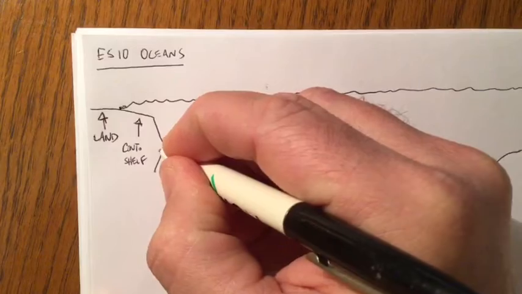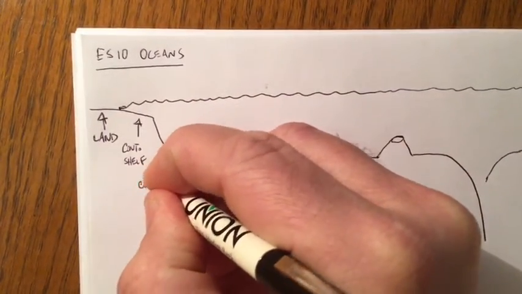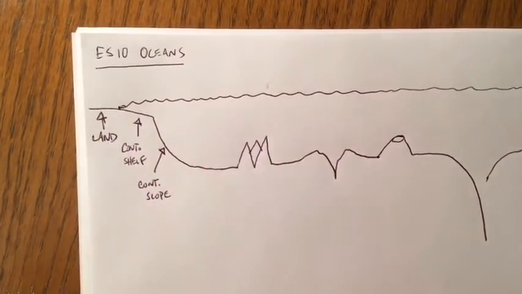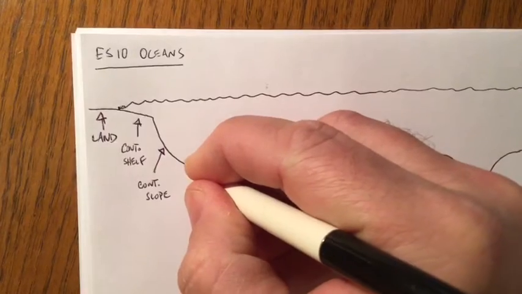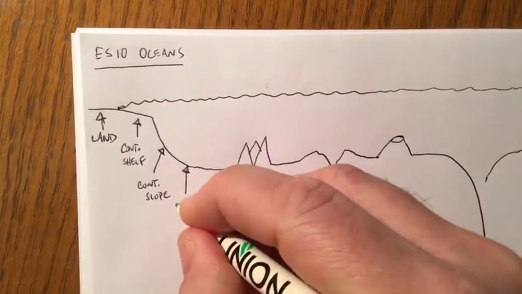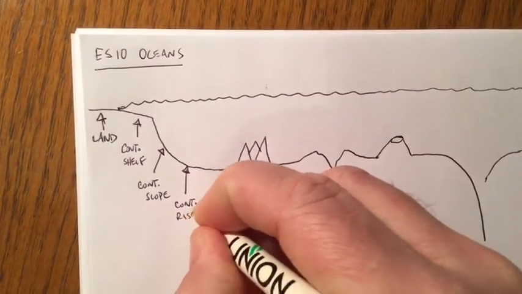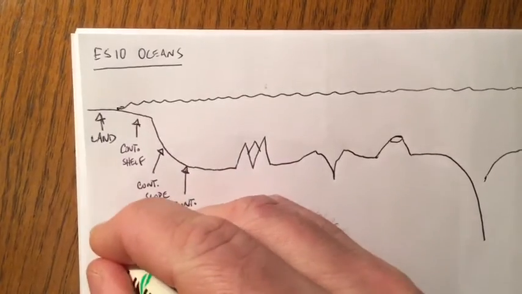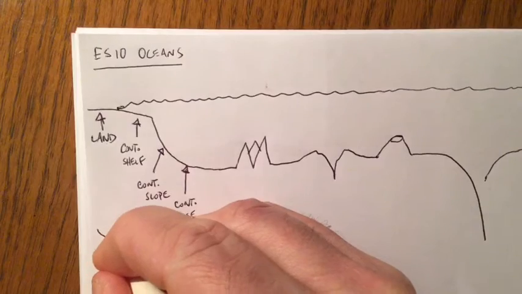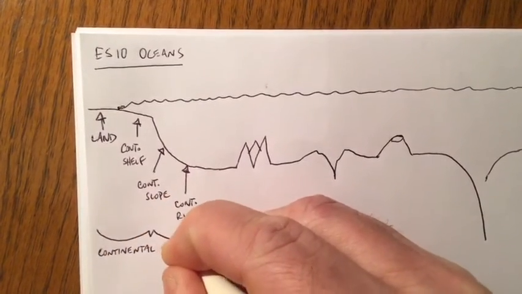This steep area is called the continental slope, and the very beginning of this whole area where it just barely starts to rise up is called the continental rise. All of these things together are called the continental margin,